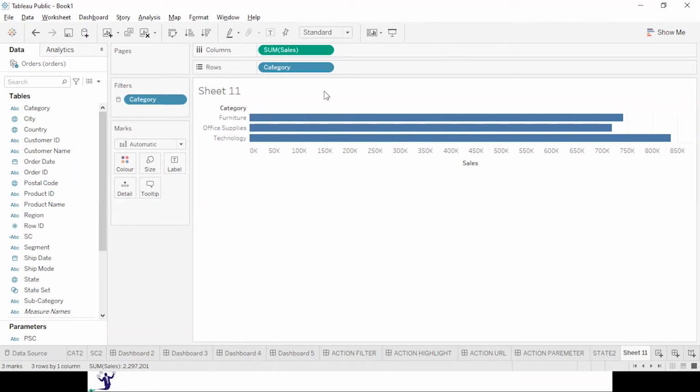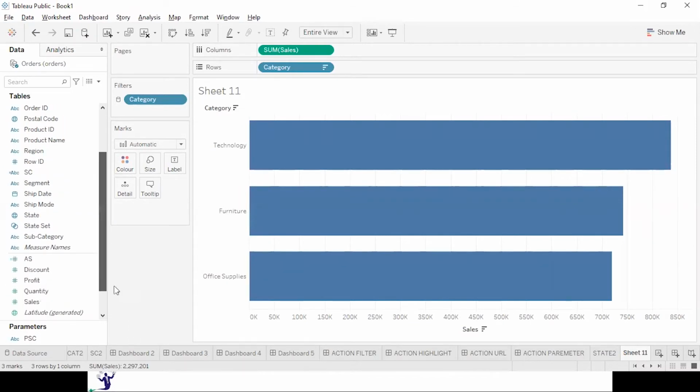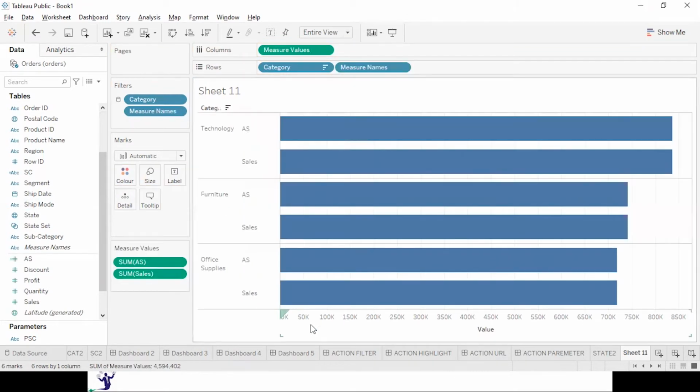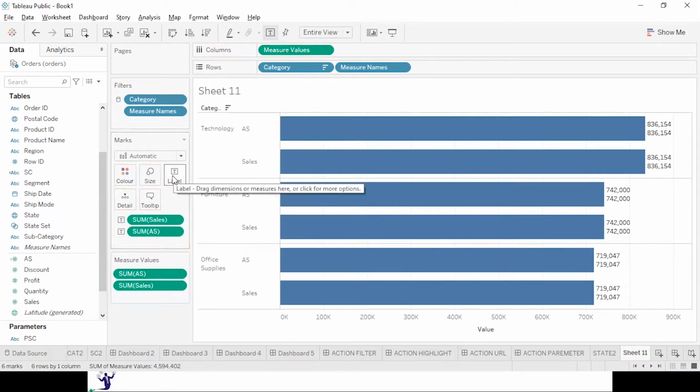Let's make it an entire view, sorting, and this is the sales. I will also put the area sales over here as a combined chart, so I'm getting the bars for the sales as well as the area sales. I would like to display sales and area sales in the label. Sales and area sales are being displayed over here. Then I will name it cat3.